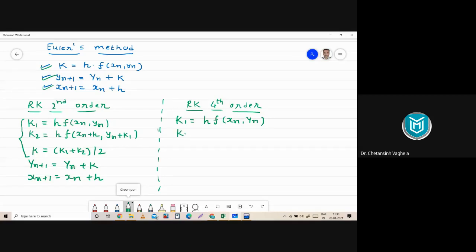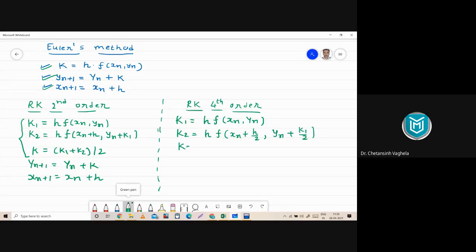Then K2 is given by K2 is equal to H into f of xn plus h by 2 comma yn plus k1 by 2. Whatever value of k1 we have calculated here will be used to calculate k2, but we will use k1 by 2 instead of k1.